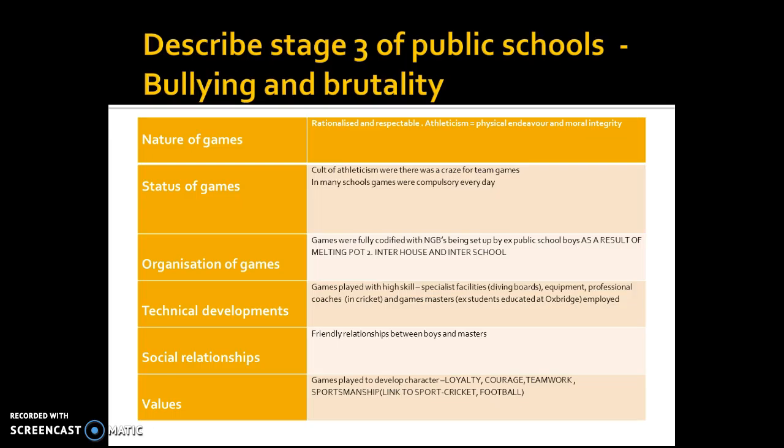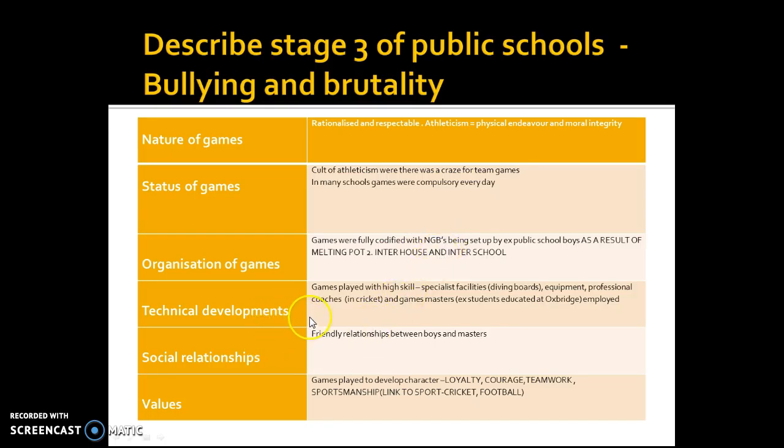Organisation of games then. So now we have this concept. We've gone from inter-house to inter-school, and from inter-school you had this concept of students going to university. When they went to university, there was obviously a wide variety. So you had the Eton wall game, you had the Rugby handling game. So what happened was, when they went to university, national governing bodies had to be set up by public school boys. This was called Melting Pot 2, following inter-school games, and when they went to university, NGBs had to be formed.